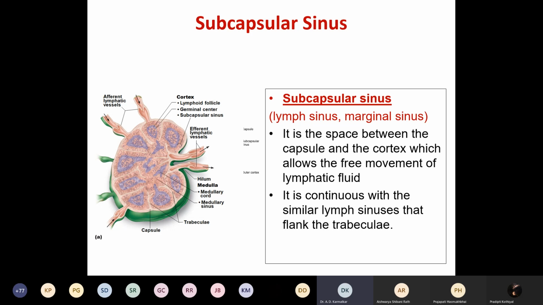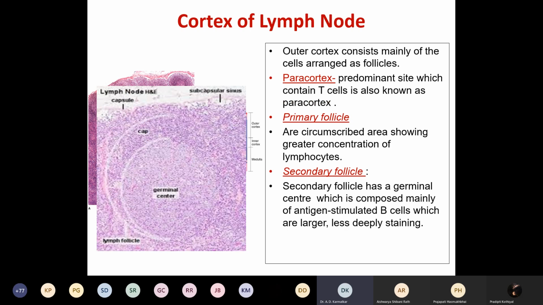Now if you see, there is a darkly stained collection of lymphatic nodules. You can see the lymphatic nodule and the capsule, and there is a lightly stained area where there are no lymphocytes, and this is called the subcapsular space. That is the classical picture of what we focus on under the microscope, and this is the part for identification. You can see the capsule, there is a space, and there is a lymphatic nodule present in the cortex. It is classically the lymphatic.